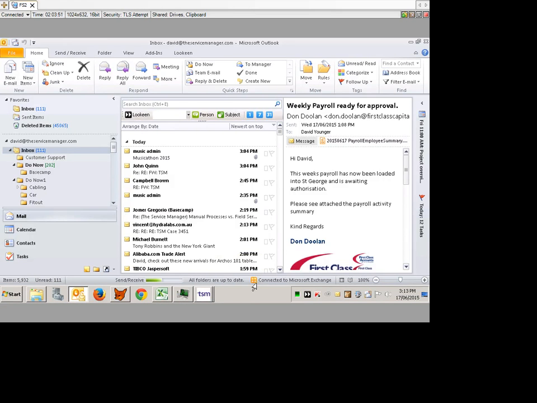So what I'd like to talk to you a bit about now is our XML processor. An XML processor is a really wonderful tool for integrating inbound emails or external data files with TSM to do something with. A typical example, which we implement in our office here, is that any emails sent to support@theservicemanager.com are read by the XML processor,